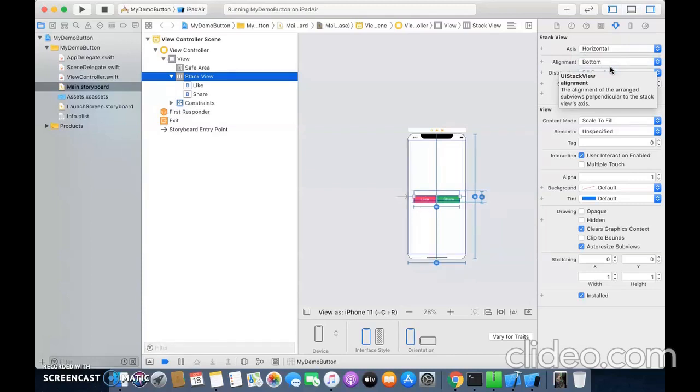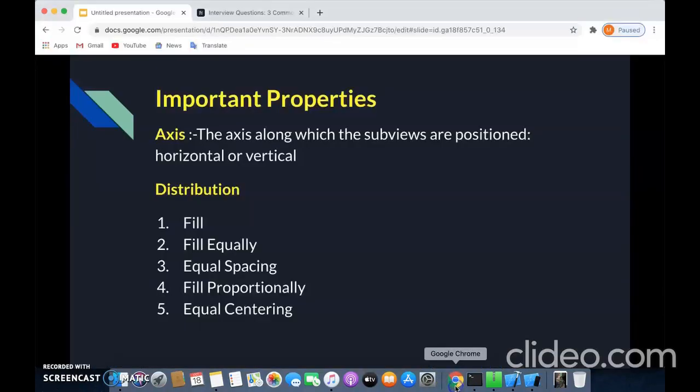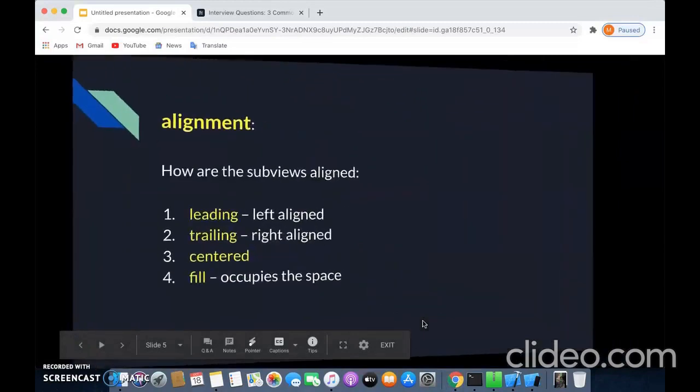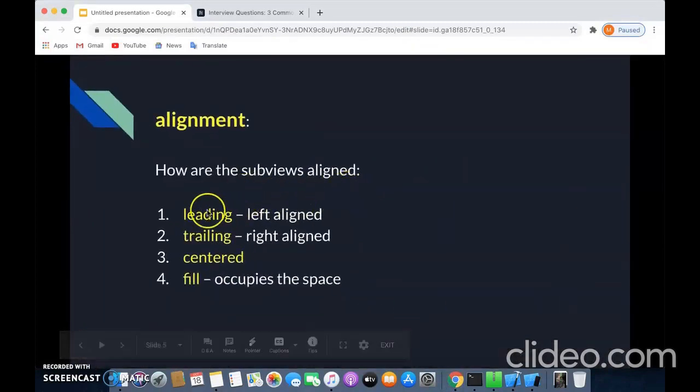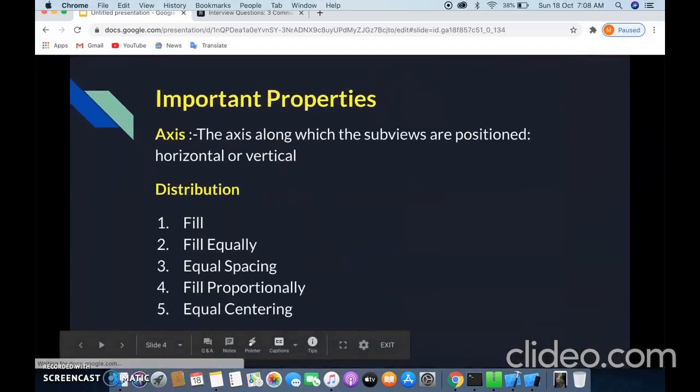You can correlate this with the alignment of text inside a document, that is Word, Google Sheet or Google Doc. There you have an alignment of text aligned to the bottom, top, left. So you can correlate this with that. So this is the alignment property. Going to the definition, we can say that the alignment property is about how the subviews are aligned: leading, left aligned, trailing, right aligned, centered and fill.